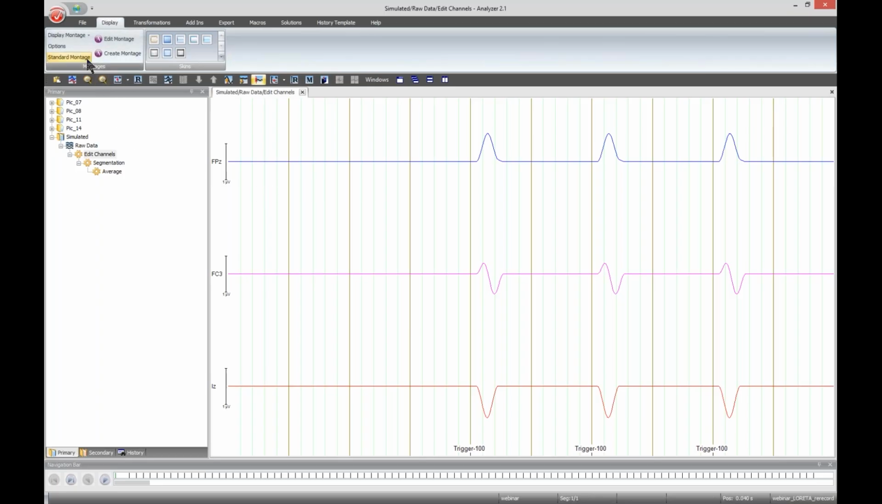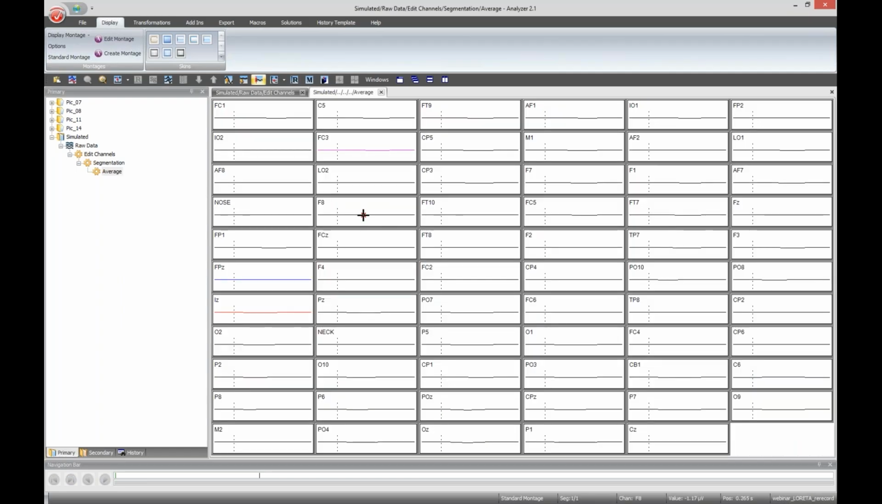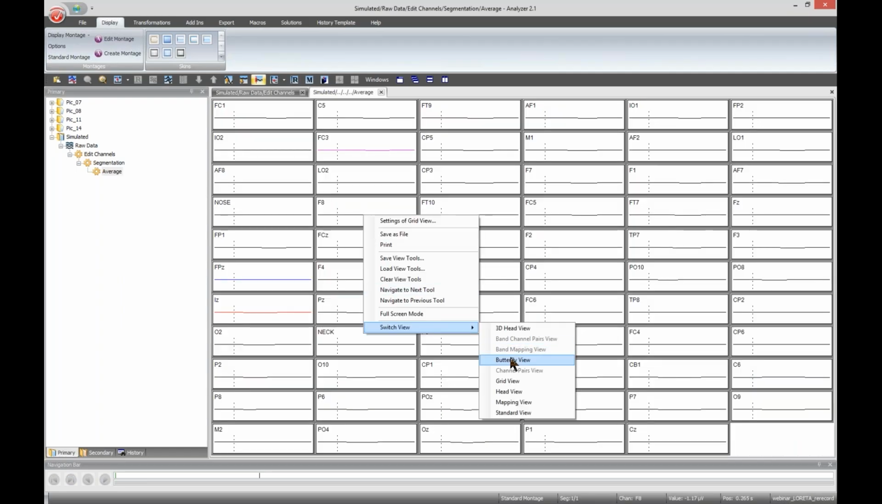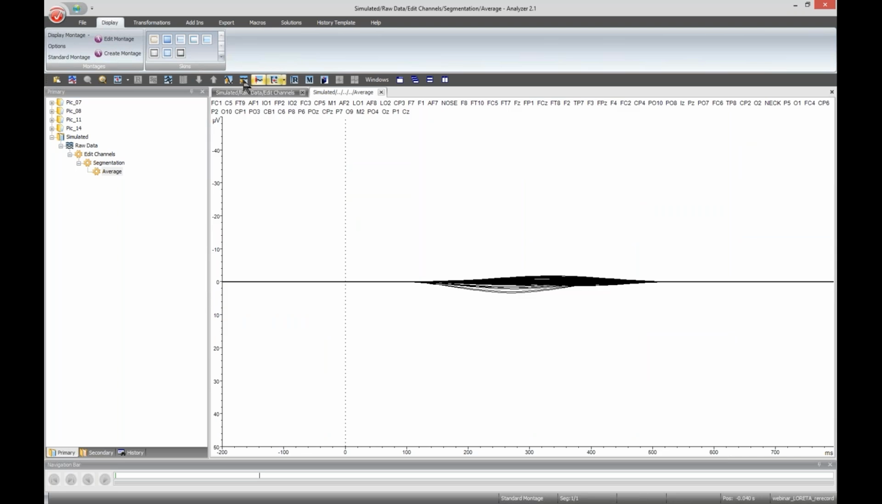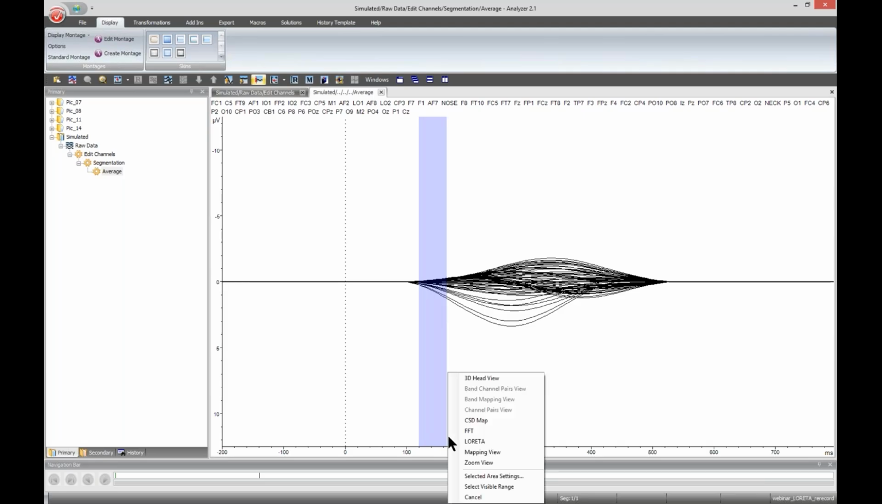So let me go back to the standard montage and work on the average node. For better visualization, I will switch the view to a butterfly view mode. Let me increase the amplitude a bit. Okay, so in Analyzer, there are two ways to access LORETA. The first option is to access it via the transient mode. So to do that, you need to select an interval like this using your mouse, and automatically when you release your mouse, a context menu will appear, which lets you select LORETA. Okay, so if you click on it,